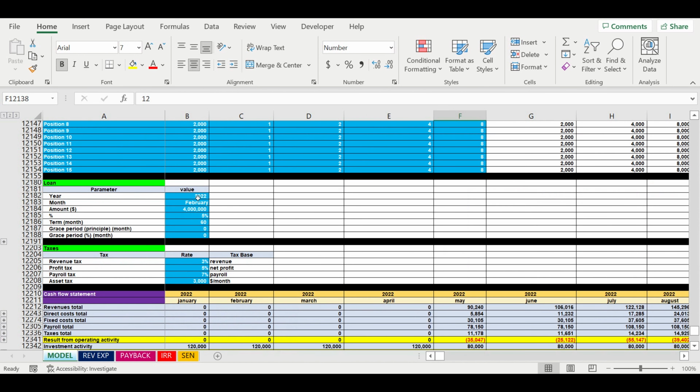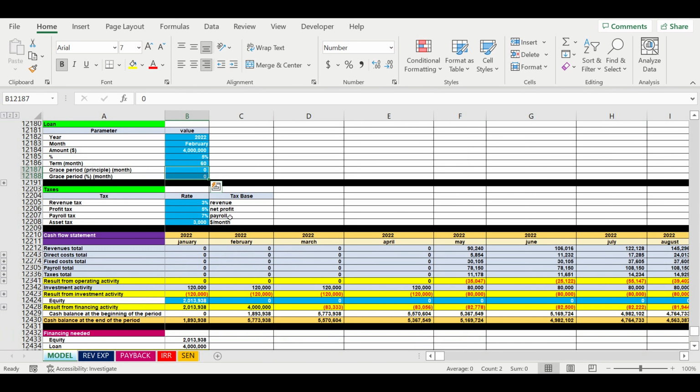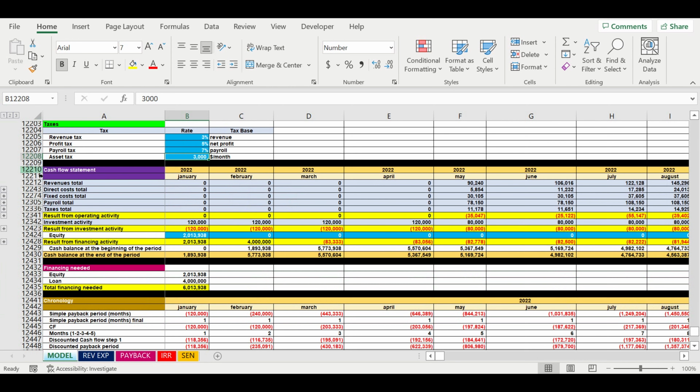Then we have the block for the loan. Here we specify when we get this loan, year, month, how much, what is the value of amount of loan, interest rate, term of the loan, grace period for principal payments and interest payments. Then we specify the values of revenue tax, profit tax, payroll tax, asset tax, and then finally we have the